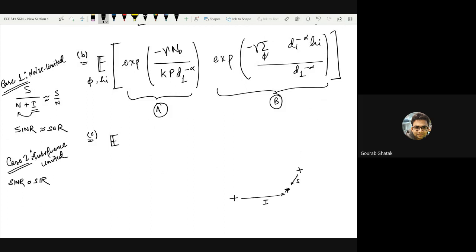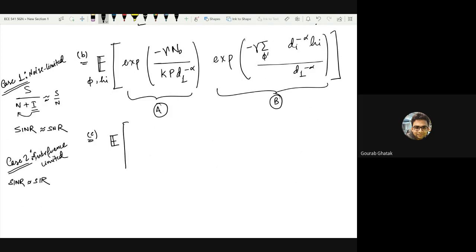In case of interference-dominated networks or interference-limited networks, if you increase this power by 2 times, your SINR remains the same, SIR remains the same, right? So it doesn't necessarily help you by increasing all the base stations' power. It only helps in the case of noise-limited networks. These conclusions should be fairly straightforward once you think about it like this.